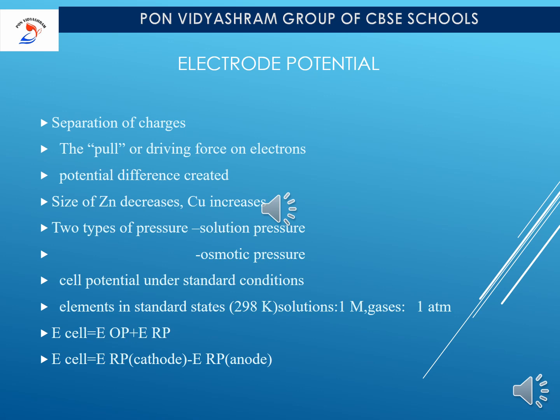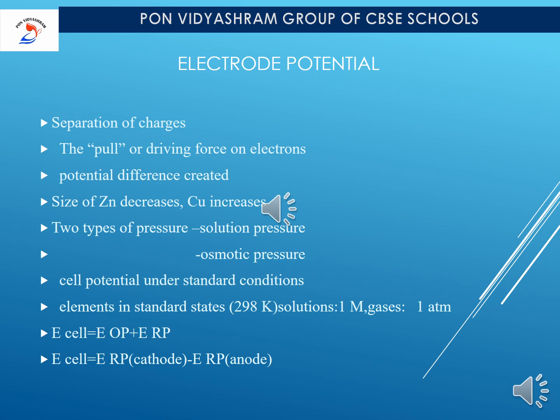So now what is happening in electrodes? The electrodes used in galvanic cell are active electrodes. Okay, now what is the electrode? Copper and zinc electrode. Both are active electrodes. So due to this, important cases will be developed. Two cases we are going to talk about. In the first case, solution pressure will be higher than osmotic pressure. Now due to this, oxidation reaction will occur.